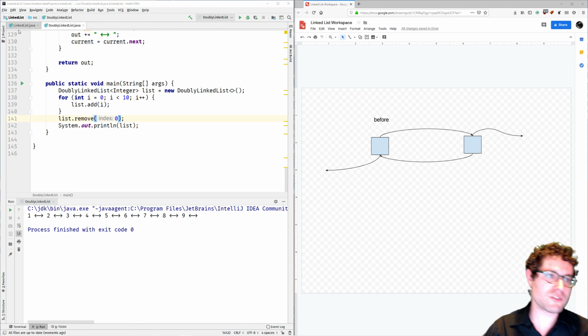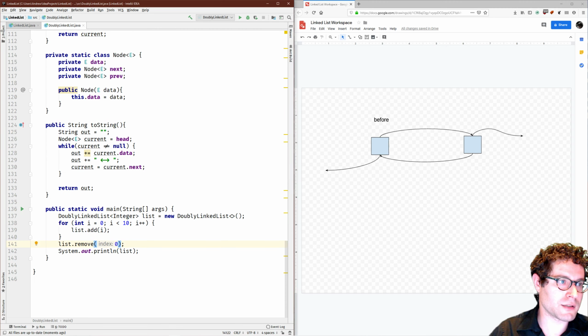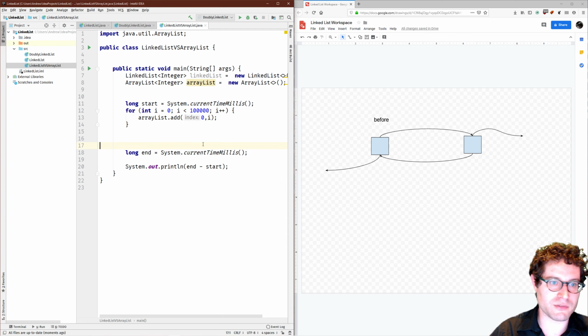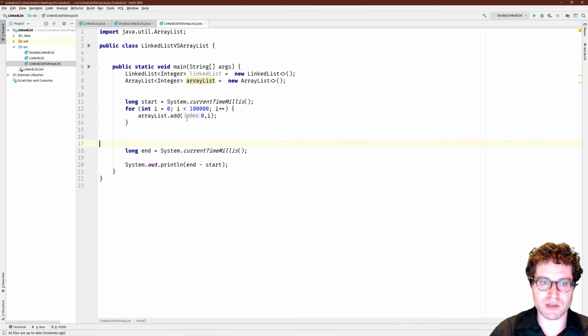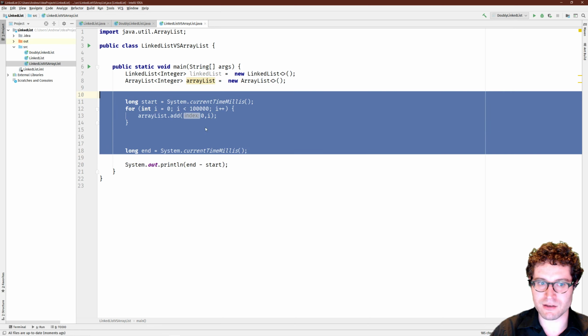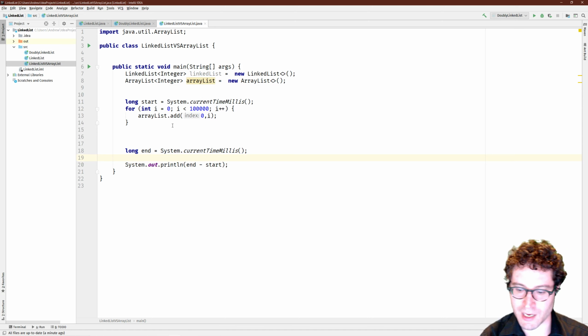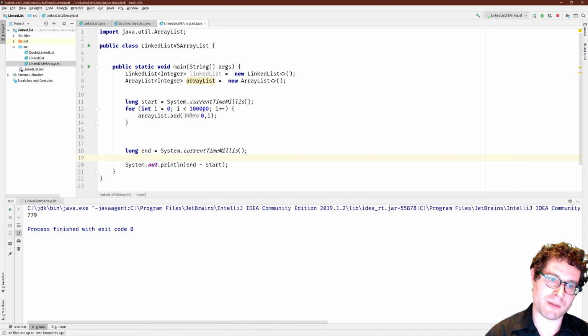So let's just compare linked lists and array lists for a second. We don't really need a drawing to do this. We mentioned that array lists are kind of terrible at adding to the front, because adding to the very first item in an array list is an O of n operation, and then we're doing this O of n operation 10,000 times. So if I do it,